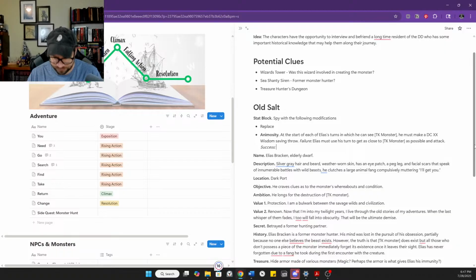Elias. This is going to kill me. Okay. I'm not sure why it's doing that. All right. Elias can act normally on his turn. Cool. Replace hand crossbow with short bow.